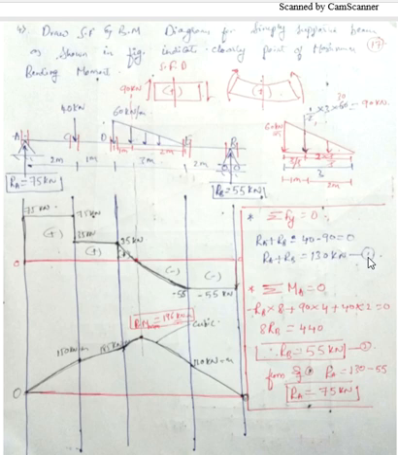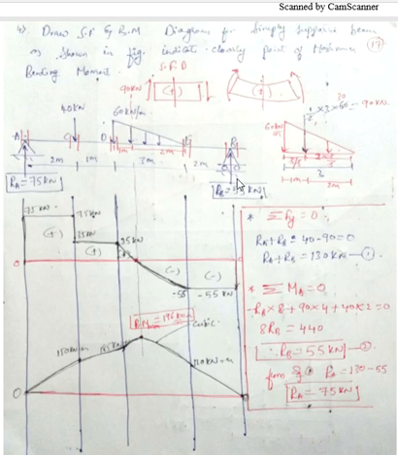Then use another static equilibrium equation, that is summation of moments with respect to point A equal to 0. If it is giving a clockwise moment, take it as positive, and anticlockwise moment, take it as negative. Again I'm saying these two sign conventions are only for the reactions, and these conventions are different from SFD and BMD. Here clockwise moment is positive, and for anticlockwise moment we'll take it as negative.